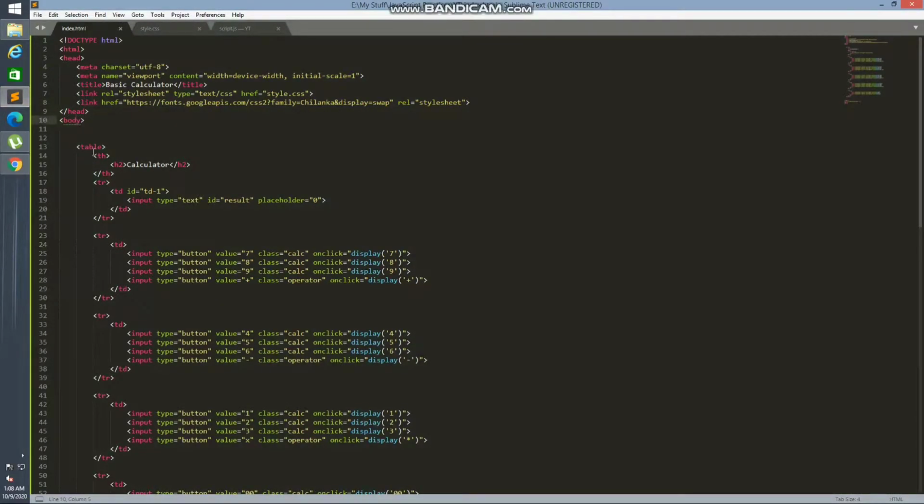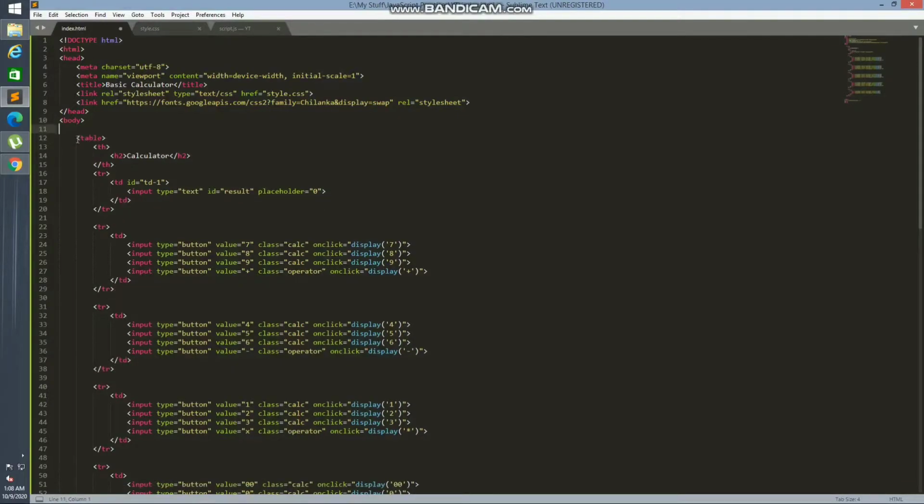Then we have our body tag, inside which we have a table tag. Now we have many options of creating a calculator-like structure using grid and row systems. You can even use Bootstrap, but for me, using the table tag is the best way to do it, because it already has its own th, td, tr tags, which is really helpful for making such a structure, according to me. So this is our table tag. Inside that we have our th tag, and inside of that we have our h2 tag, which basically tells